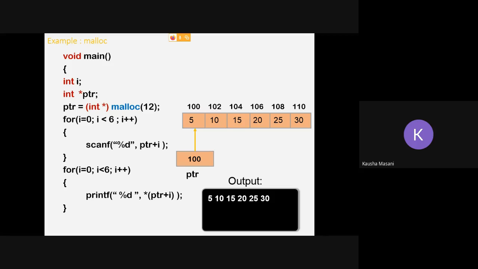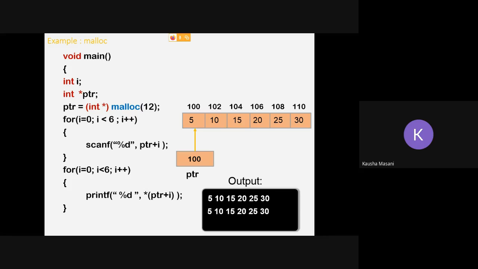If it was any variable or array, then you would write arr of i. But as we are dealing with a pointer here, it will be star inside the bracket ptr plus i. When you execute that loop, you get the same output as the input you have given: 5, 10, 15, 20, 25, and 30.